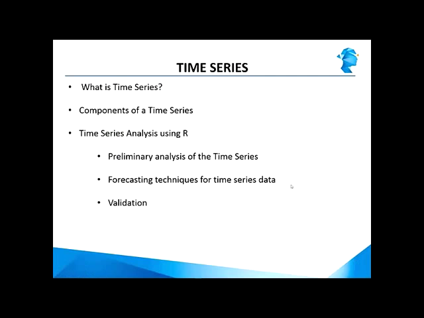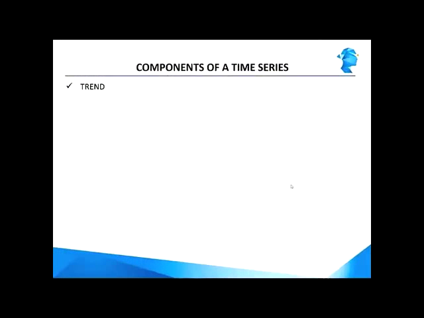Now we have learned what a time series is. We know what a time series looks like. Next thing to learn would be what are the various components of a time series. We are going to take a time series and dissect it and look at the various components. To start with, the various components of a time series are the trend component, the seasonality, and